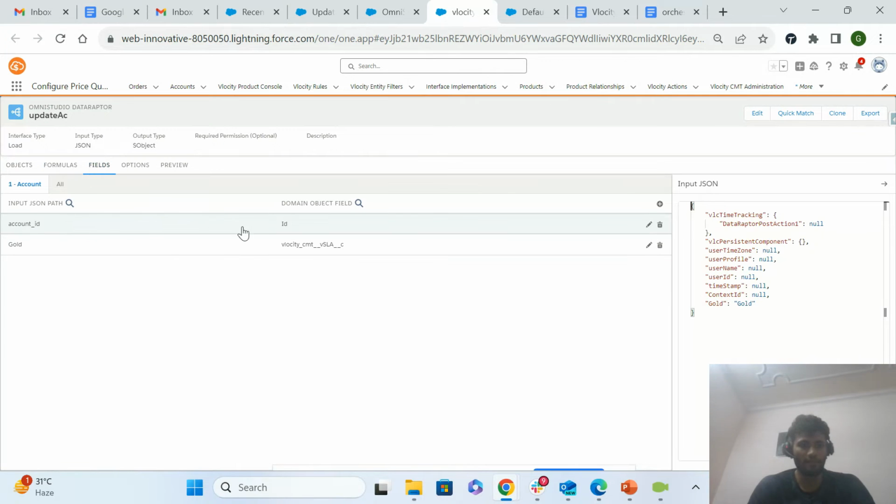You can see here it is an account ID and Vlocity CMT SLA. So we are updating the SLA to gold. Whatever SLA is mentioned in the account, if you are getting an order, we are just updating that status from the old status to gold. And the account ID,